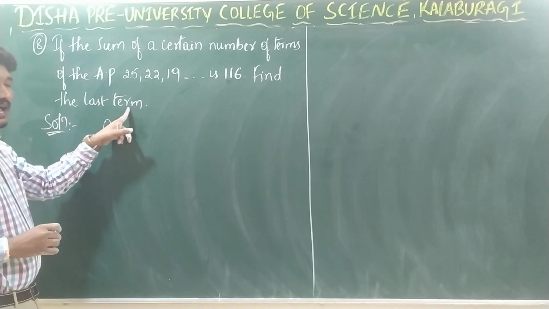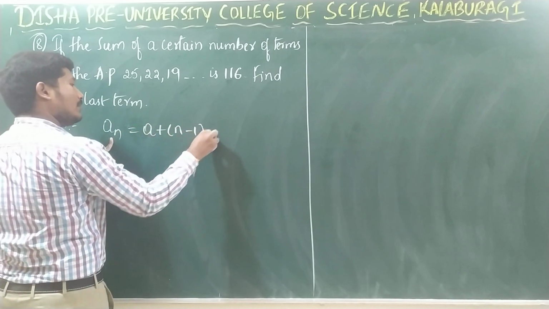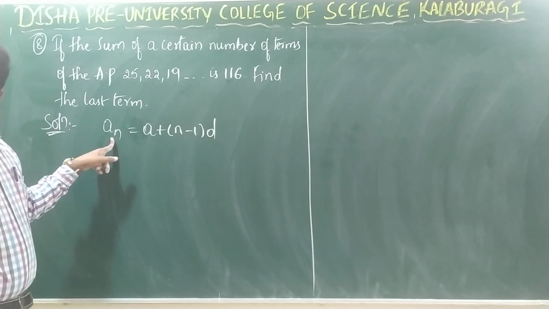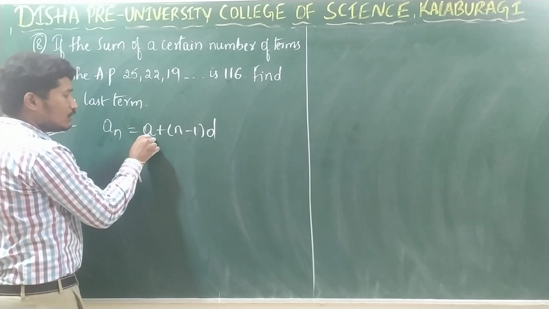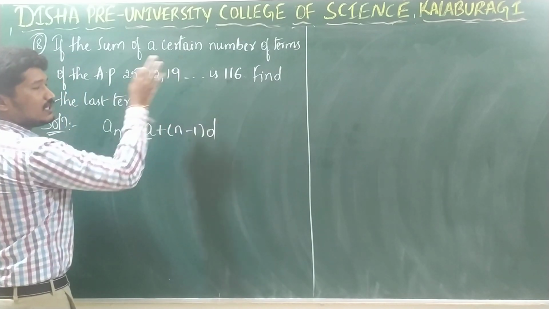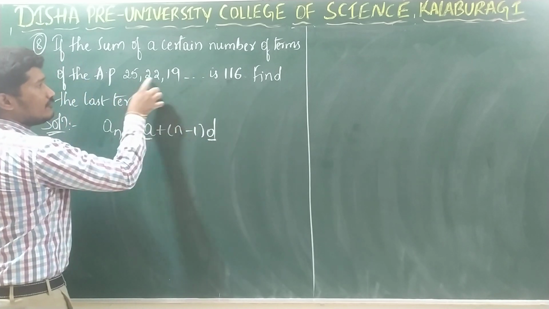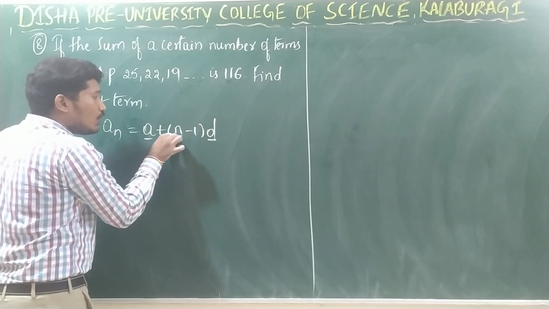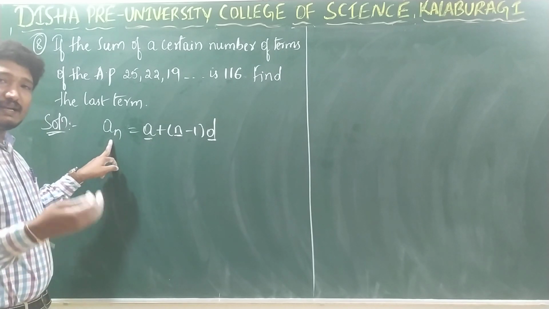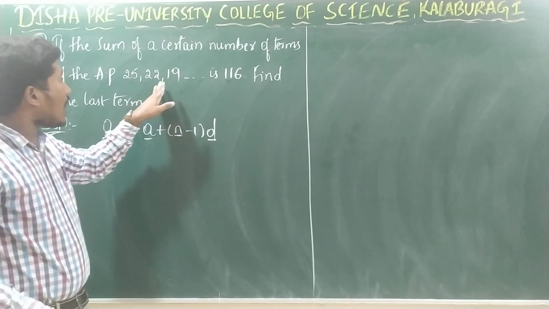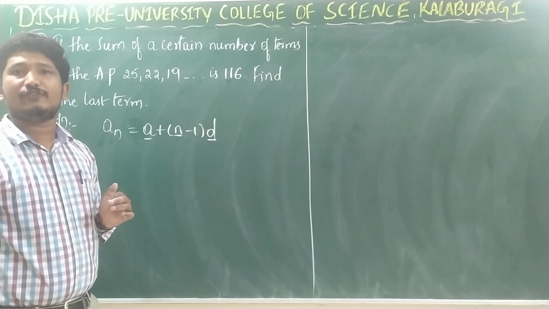What we have to find? We have to find the last term, that is an. How will you find it? A plus n minus 1 into d. Right? So here, to calculate this last term, you need the value of A. That will be obtained from the given AP. You need the value of common difference. That will also be obtained from the given arithmetic progression. You also need the value of n. Why? Because to calculate the last term, you need to know how many terms there are in this arithmetic progression. So how to calculate the value of n?